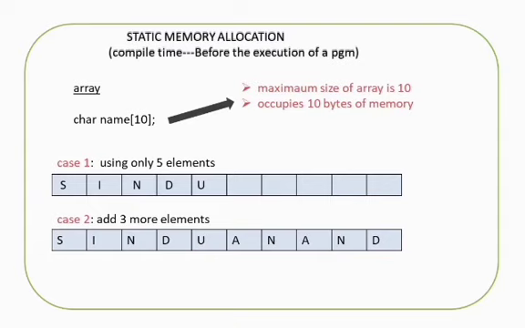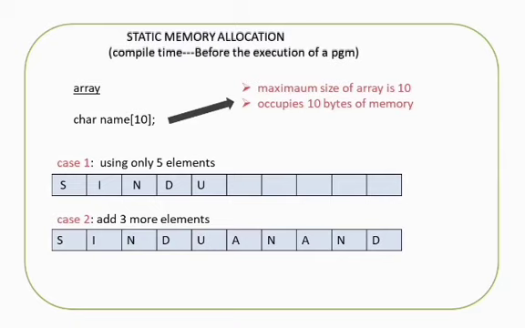How? Since it is a character array. You know, a character array occupies 1 byte, and for each of the 10 elements, it will occupy 10 bytes of memory. Okay. This statement implies that name is an array of char type which can hold a maximum of 10 elements. Okay. So 10 is the maximum size. Why am I saying maximum here? Because we may or may not use 10 elements, right?